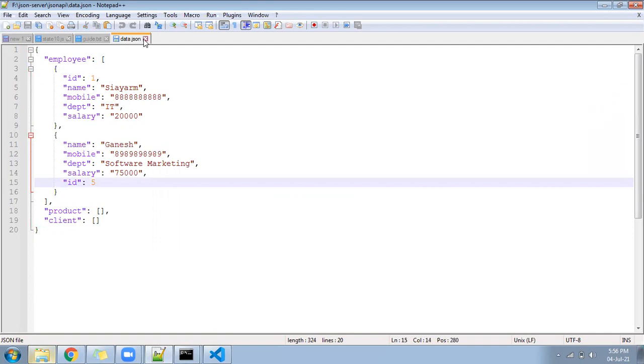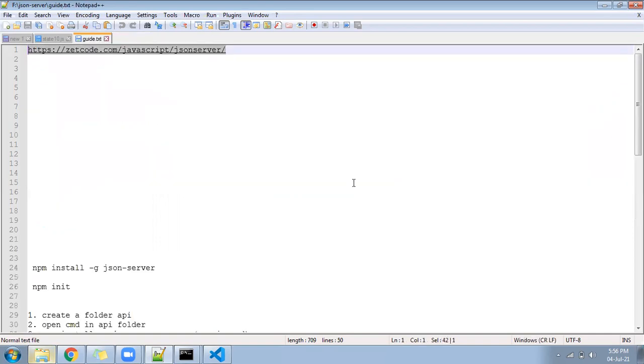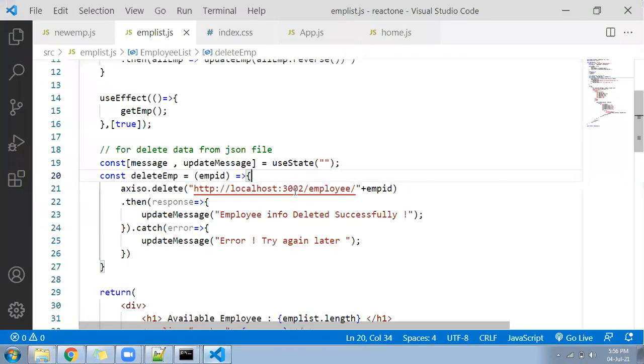Now, let me come here. This file we are calling localhost 3002 imply, and there we are appending which imply ID, like 1, 2, 3, 4, 5. Now the delete function will delete that imply from the array list where the ID is particular, and if it gets deleted successfully, then this function will come and we are displaying the message. In case any exception happens, an error comes, then we are displaying the message, sorry error, try again later, right?